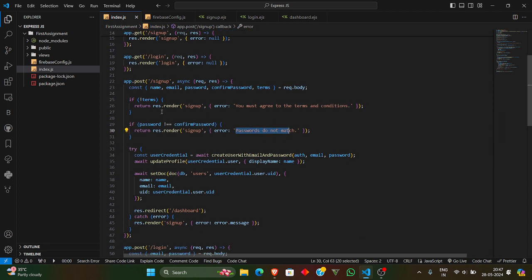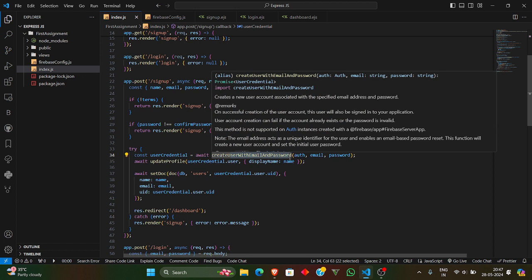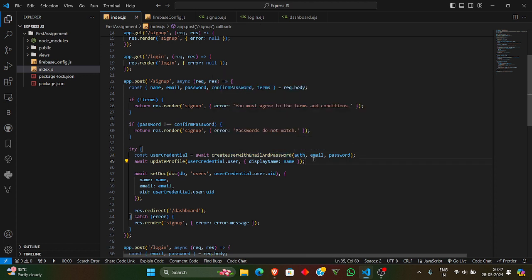So if all these conditions are met, if these all are passed, then it enters the try block and calls the createUserWithEmailAndPassword function from Firebase, and it takes the email and password which we have entered and the auth which we imported from the Firebase config as parameters and goes into the user credentials. In userCredentials.user, in that object we enter our name that we take